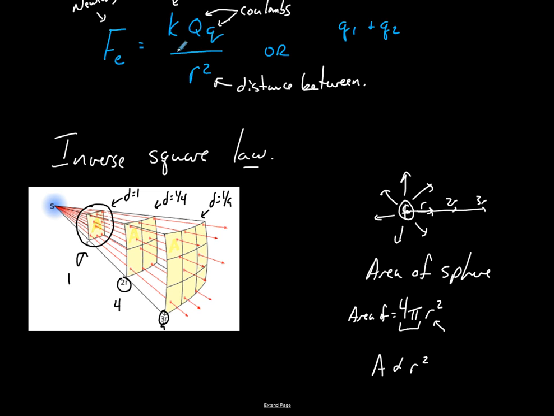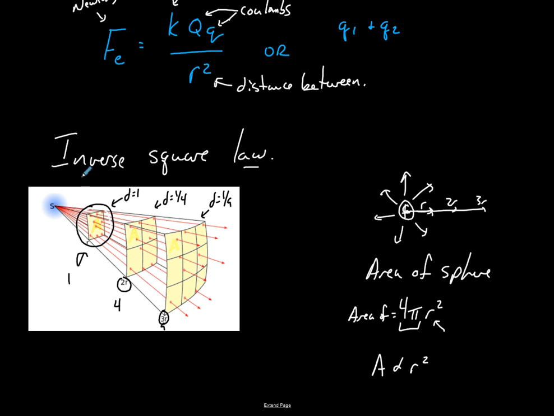That's why you see these inverse square laws pop up all over the place. It happens with brightness, it happens with the loudness of sound, it happens with magnetic fields, electric fields, gravitational fields. It's all based on this kind of geometrical idea. It's not magic, it doesn't come out of nowhere. It's a logical extension of the way that point sources of either gravity or electricity or brightness or whatever